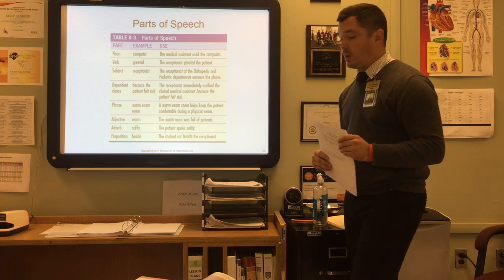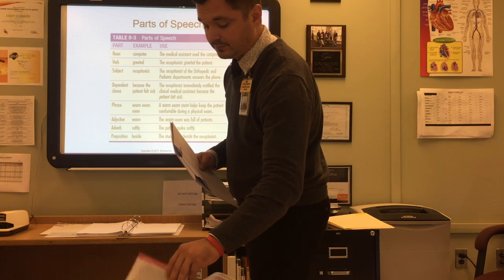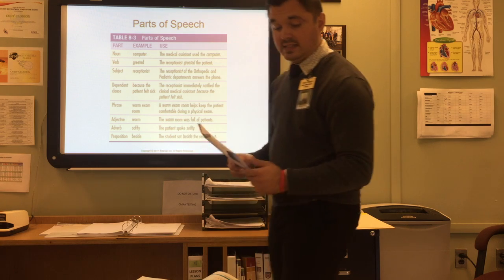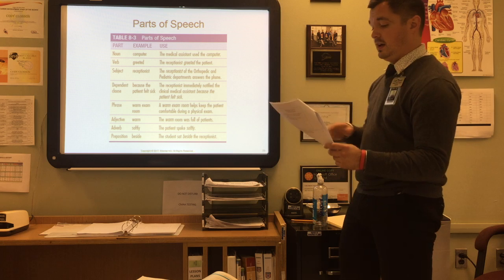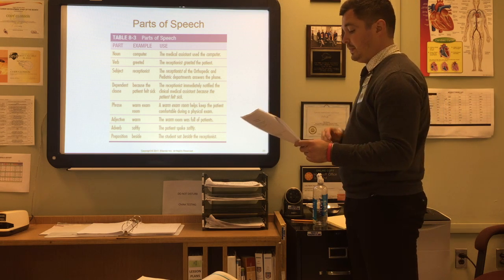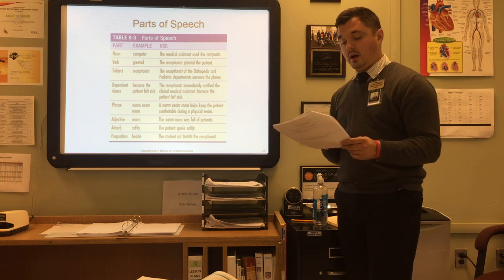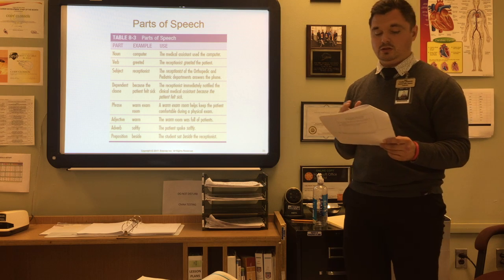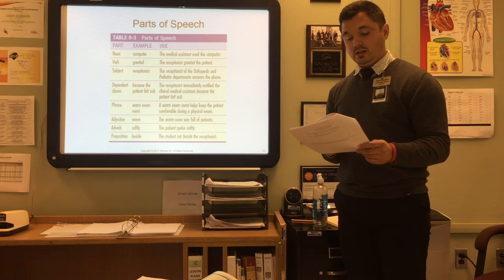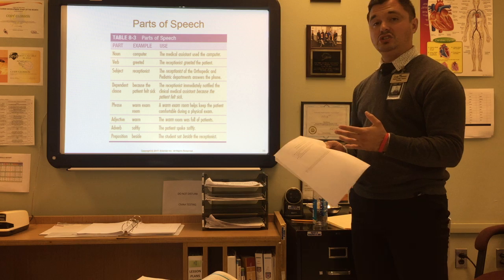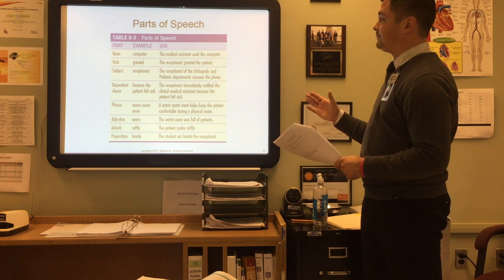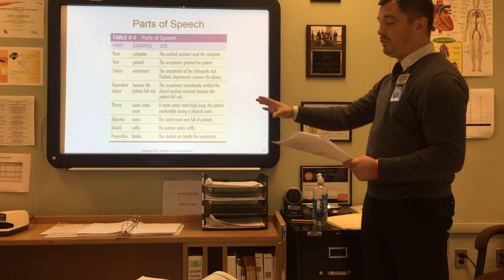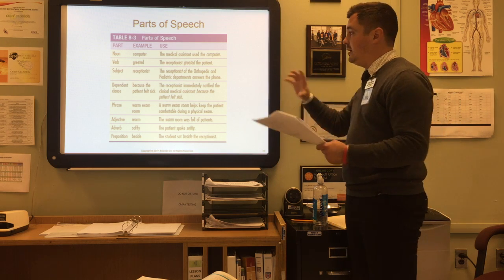So if you look on page 112 in your textbook, let me flip there. On the left-hand side, you're going to see table 8.3, which is the parts of speech, the same one that is up here on my screen. Medical assistants commonly compose emails and letters to patients and readers, so it's important to know all the parts of speech and be able to correctly identify and write. I'll go over a few of these, but I really want you to dive into it,